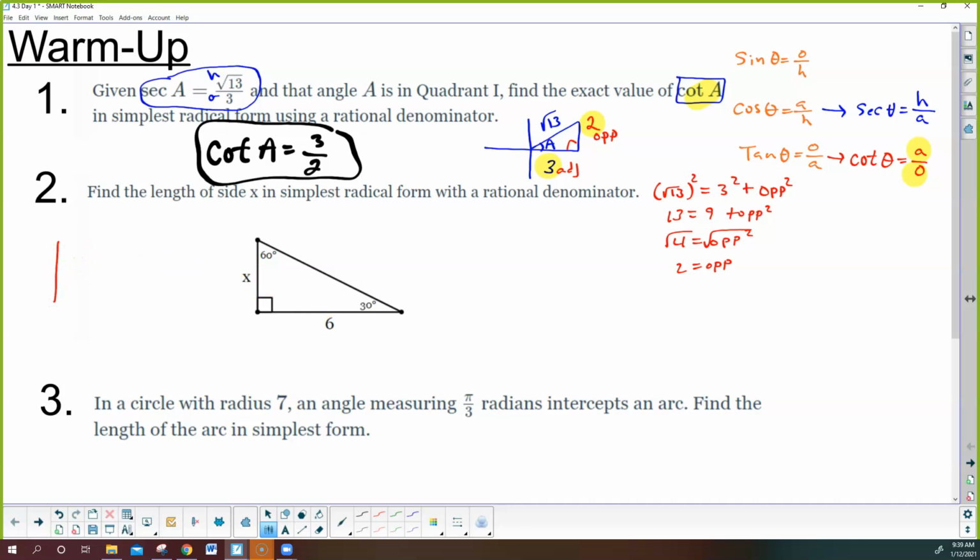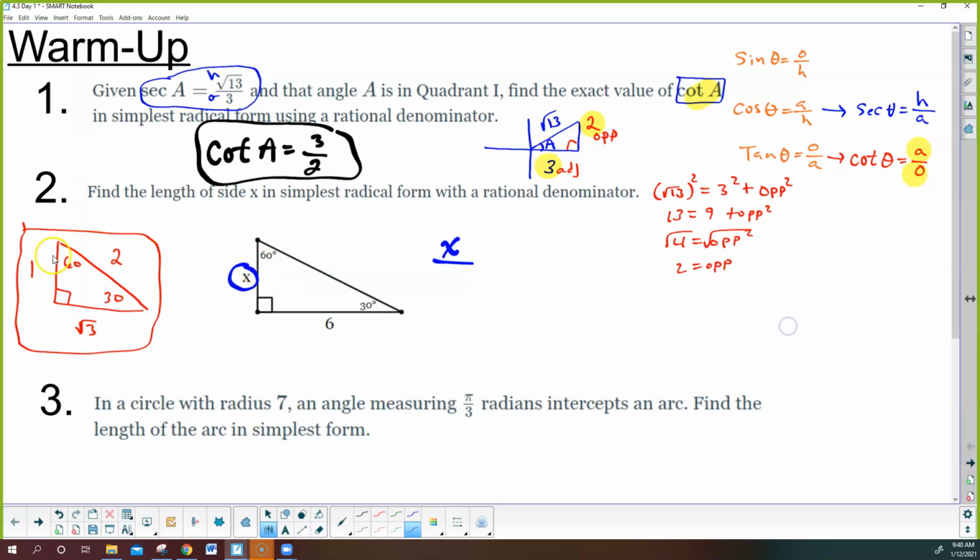All right, the second one, there are multiple ways that you can do this problem. I personally like to draw a separate 30, 60, 90 triangle. And then we know that if it's a 30, 60, 90 triangle, it has those special lengths. Across from the 30 is 1, across from the 90 is 2, and across from the 60 is square root 3. And those will always be the case for a 30, 60, 90 triangle. You really need to have that memorized. All right? Now, what are we going to compare? Well, I'm going to compare the side length across from the 30, which is x, compared to the side length across from this 30, which is 1. So the ratio of x over 1